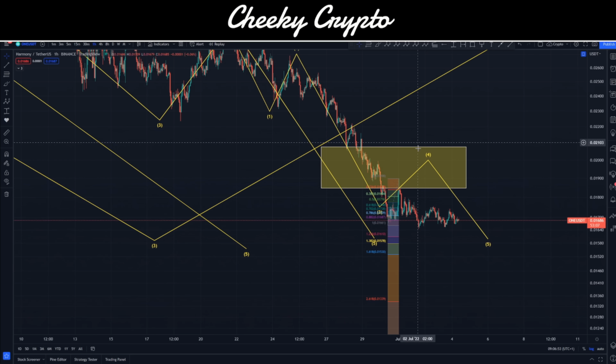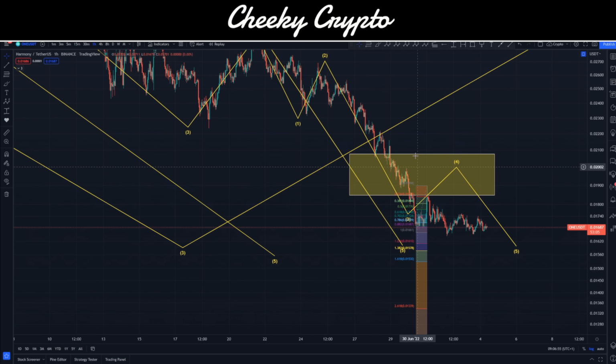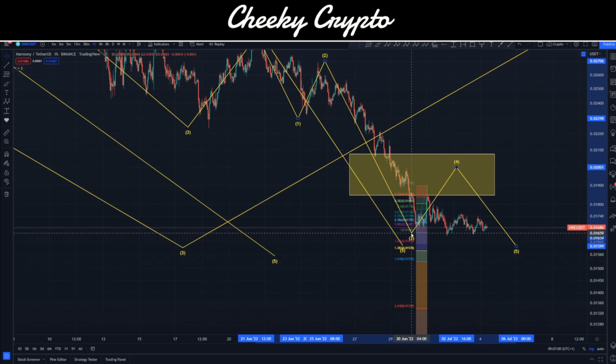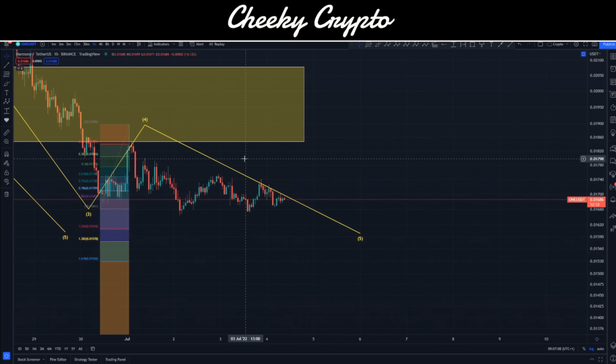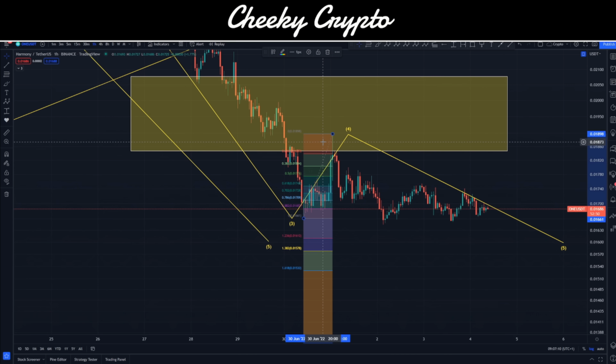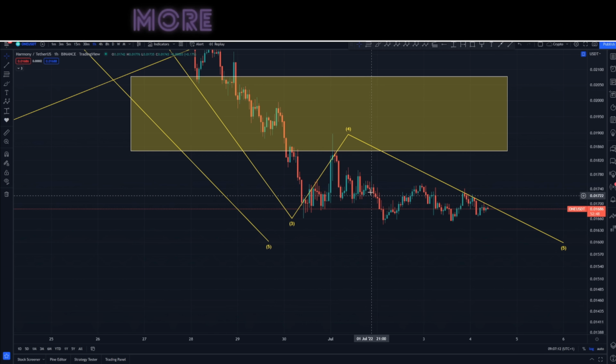But really importantly, we are tracking this move down. We actually came down a little bit lower than expected already, and that's because we're getting this extension down. So we can see here that we had this little third wave. We had our little bounce upwards here, and it does look like we are now done with that. So we can zoom in on this little area here for Harmony. Our bounce upwards is over. It was pretty much a flash move up, and then we pull back down.